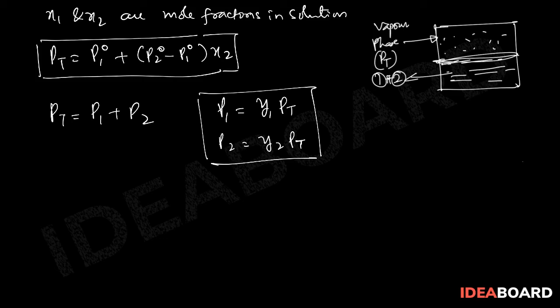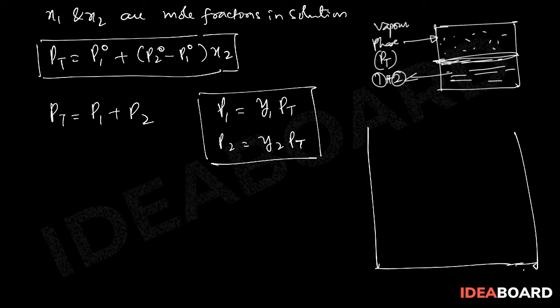So, using y1 and y2 we can actually calculate the mole fraction of components in the vapor phase. Please note here that the x1 and x2 we have used are the mole fractions of components in the solution, that is in the liquid phase, and y1 and y2 here are the vapor phase composition, that is the mole fraction of the components in the vapor phase. Now using this particular equation from Raoult's law we can also plot the graph. I was mentioning that it is a linear variation.